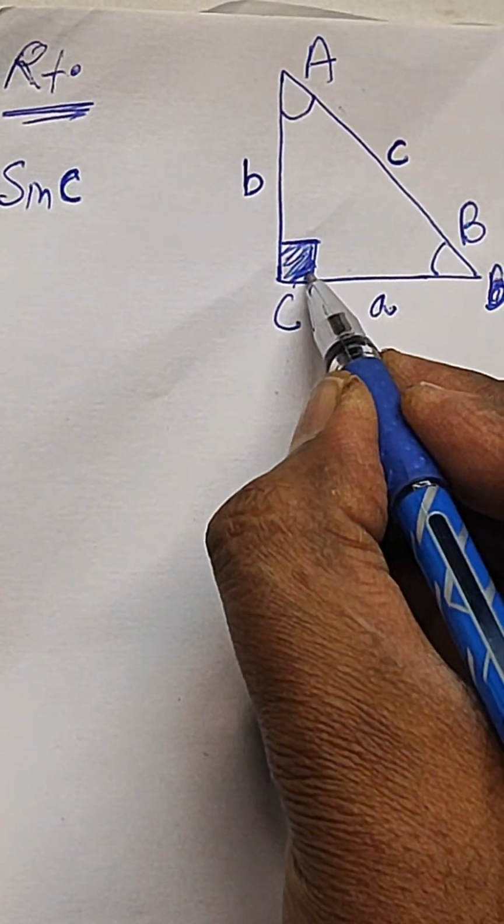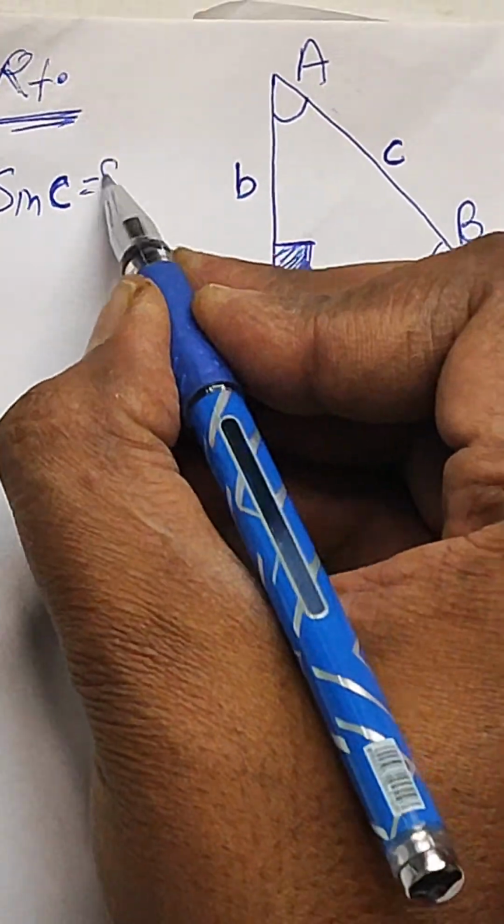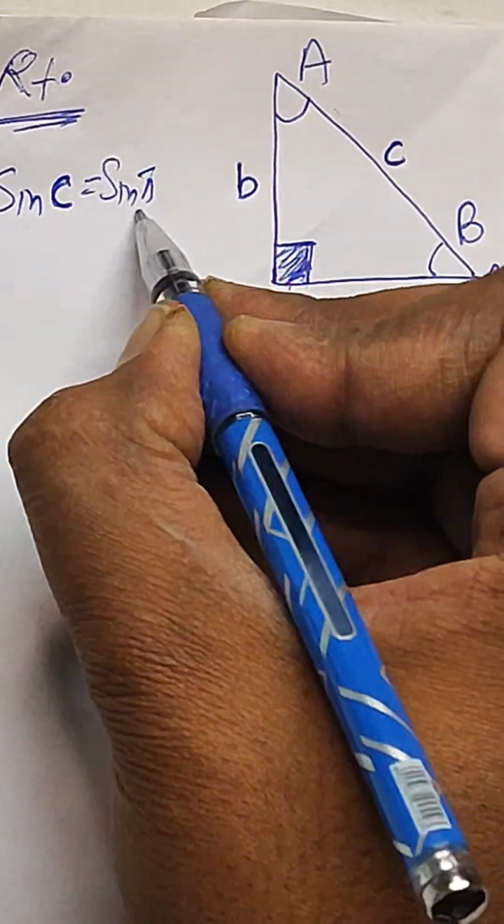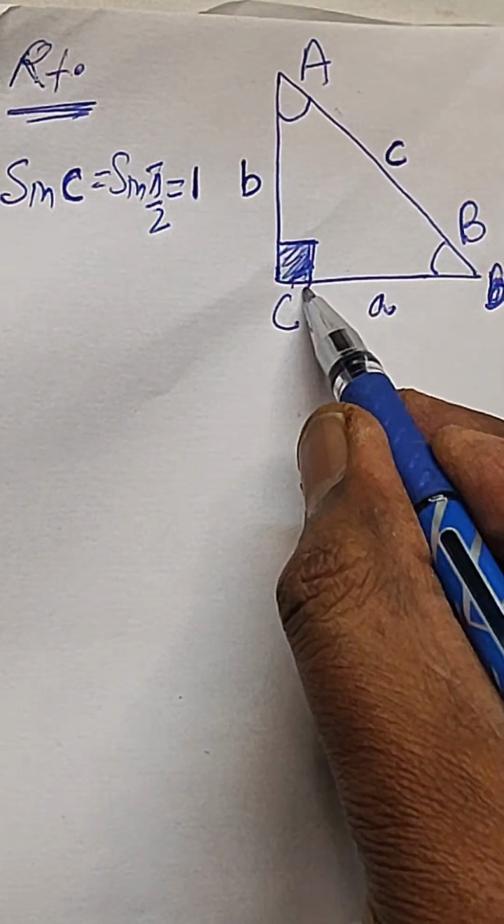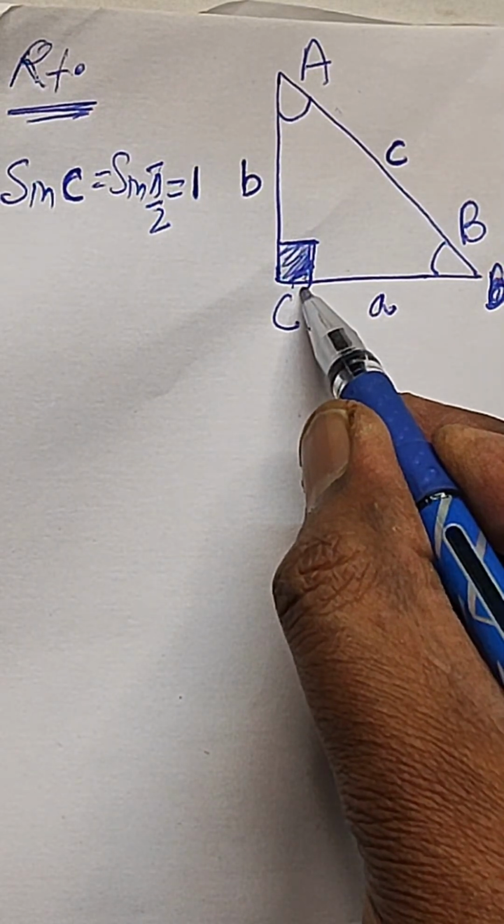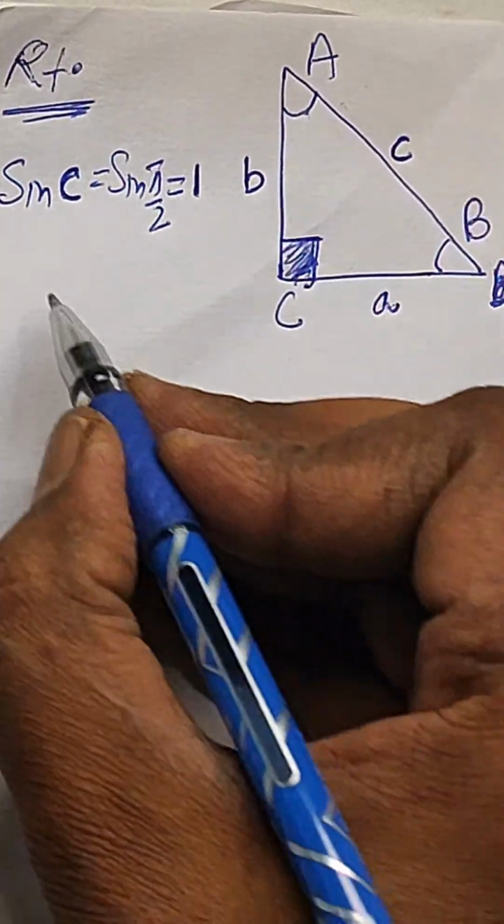sine of one of the angles, which is 90 degrees, is equal to sine of pi by 2 or 90, which value is equal to 1. This will be equal to 1. And if you consider sine of this angle A,